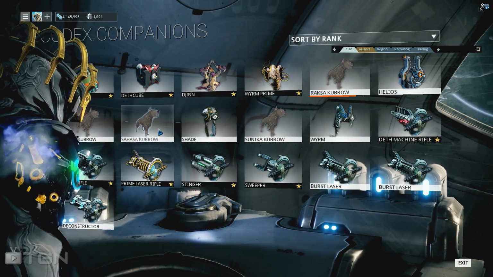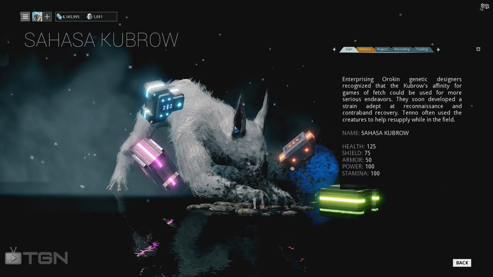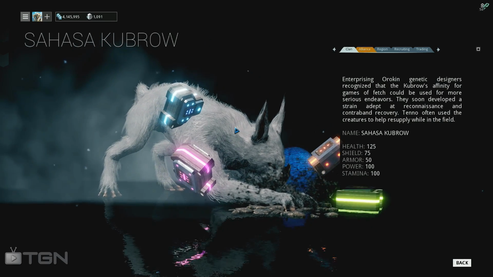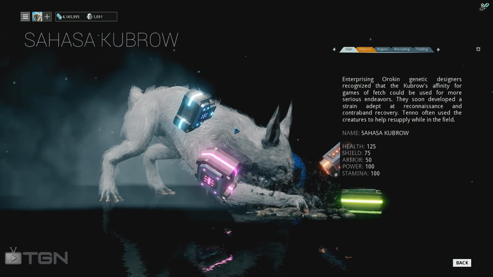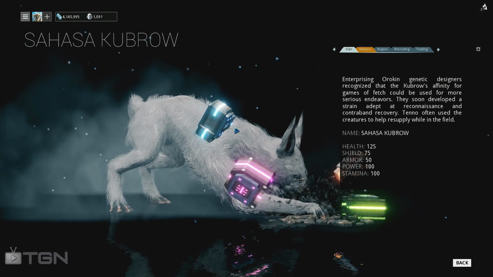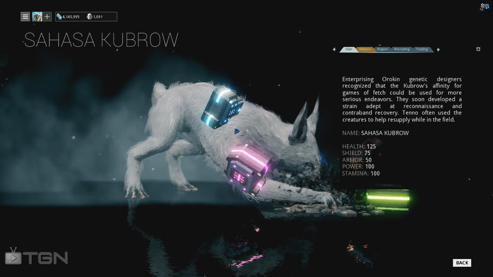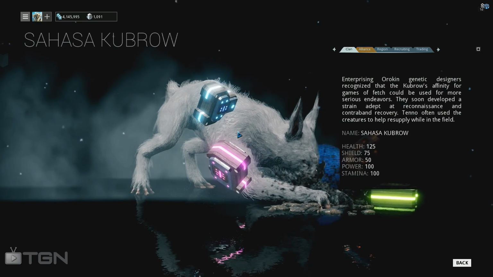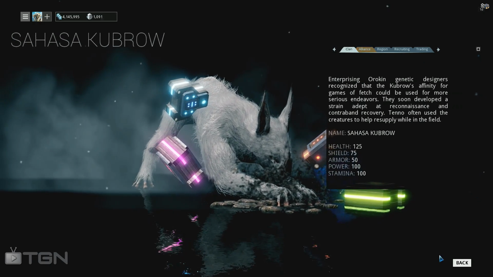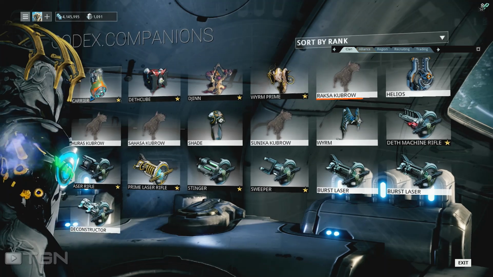Warframe. Let's check out this Sahasa Kubrow. Enterprising Orkan genetic designers recognized that the Kubrow's affinity for games of fetch could be used for more serious endeavors. They soon developed a strain adept at reconnaissance and contraband recovery. Tenno often used the creatures to help resupply while in the field. Sahasa Kubrow: health 125, shield 75, armor 50, power 100, and stamina 100. This is more similar to your carrier